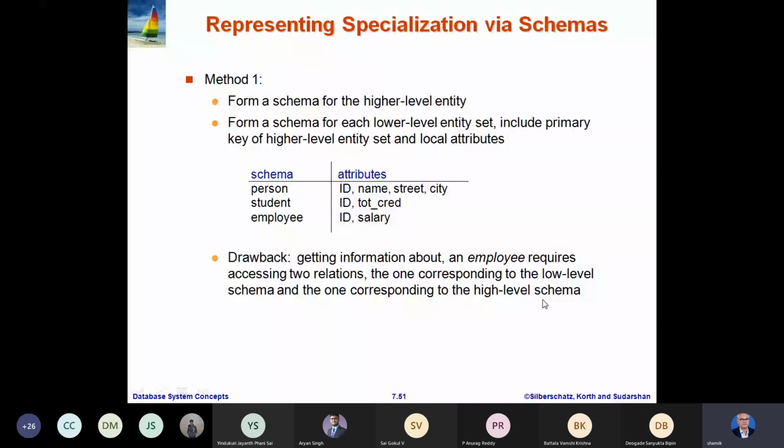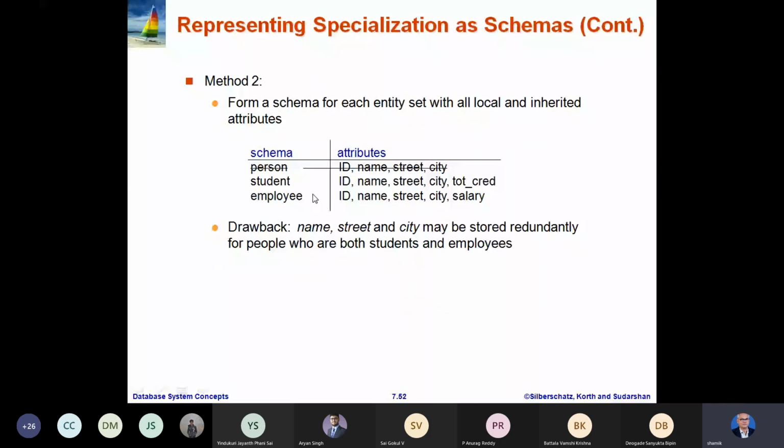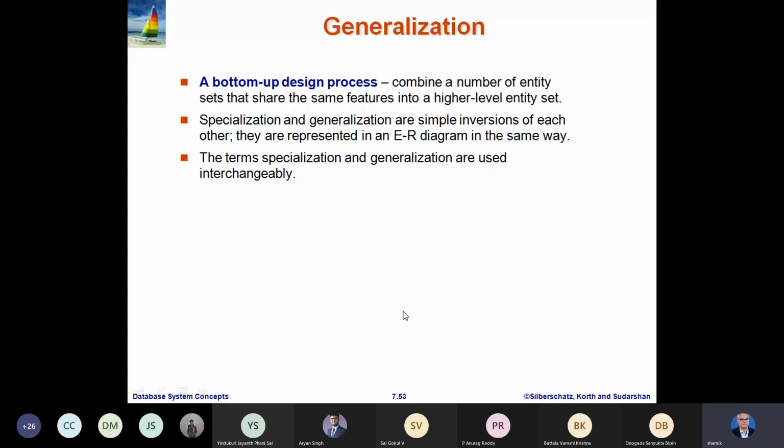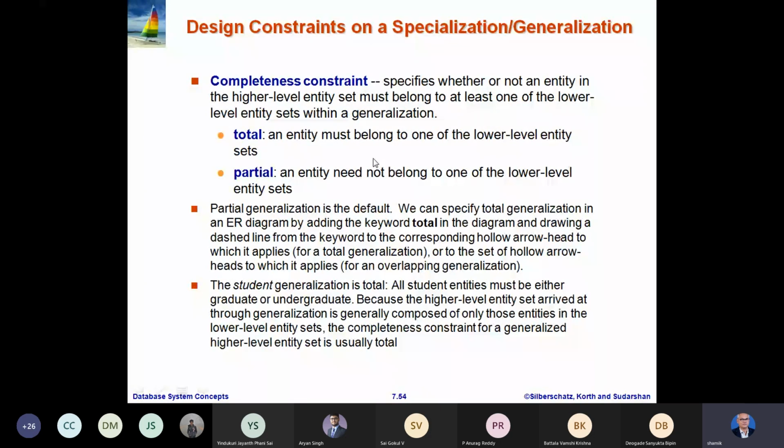As you can see, if it is partial, it means not every person is either a student or an employee. There are persons who are neither student nor employee. Then of course this design will not work, because you will not know any information about those people. So total means an entity must belong to one of these, and partial we have already said is the default, meaning that some of them need not be in either of the specializations. In the ER diagram, you represent total by adding the keyword total in the diagram and drawing a dashed line from the keyword to the corresponding